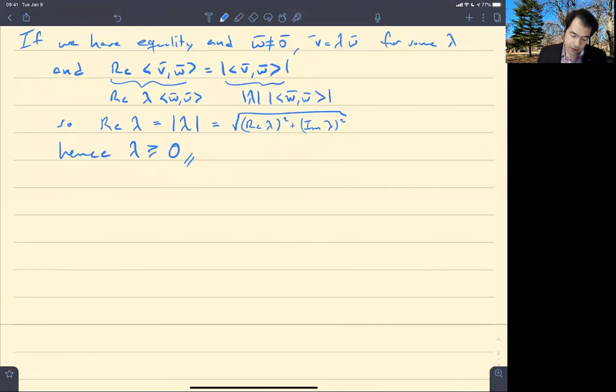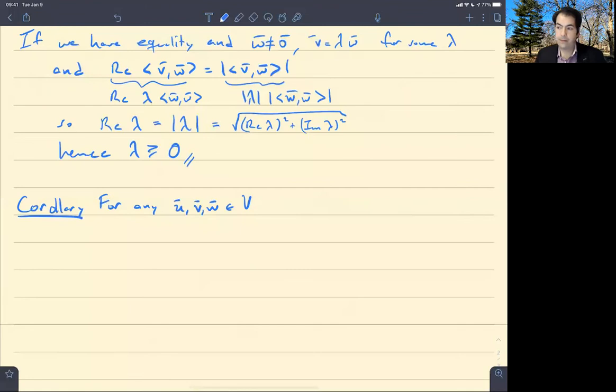Okay, here is a simple corollary. For any u, v, w in V, the norm of u minus v is less than or equal to the norm of u minus w plus the norm of w minus v. So it's an immediate corollary because